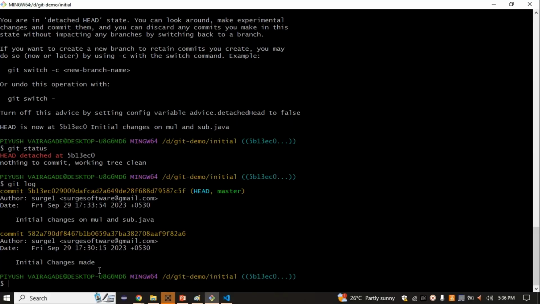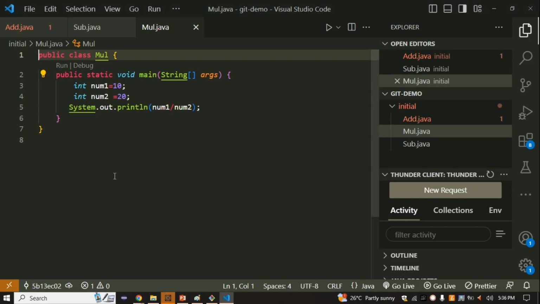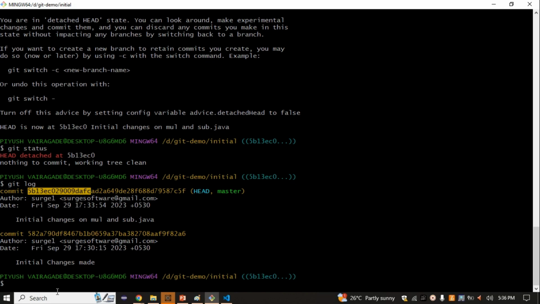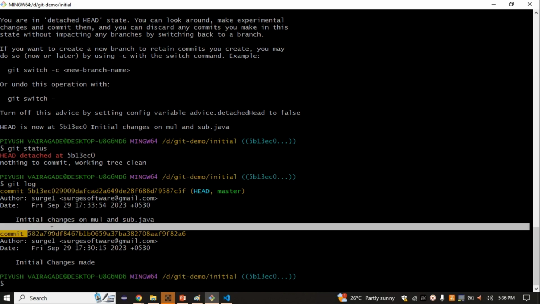Okay, instead of that, now which one have I taken? This one? No, I think. Okay, I'm just trying to take this one, because we don't want to go inside this 5b13. We don't want to go inside this because there we have a subtraction and multiplication, but when you go inside this, you won't see the subtraction